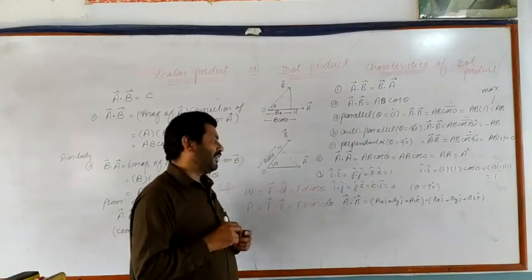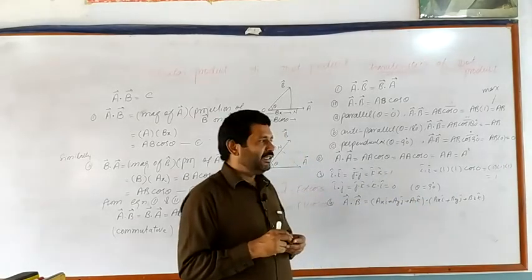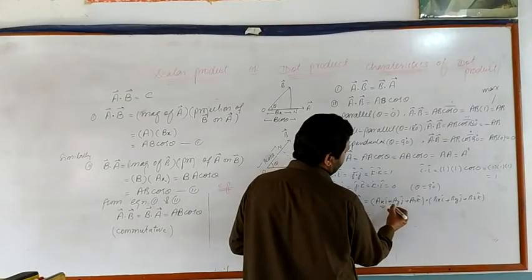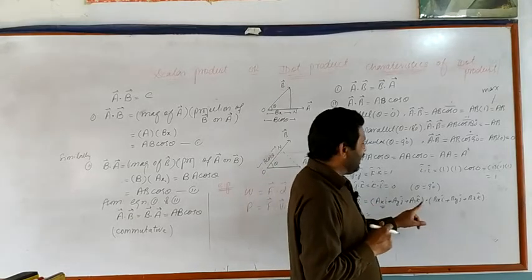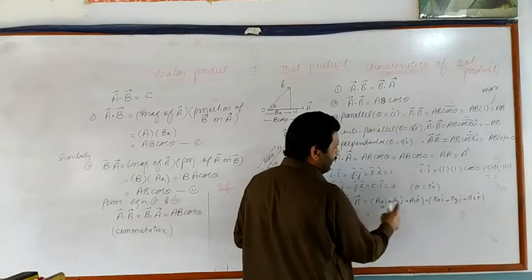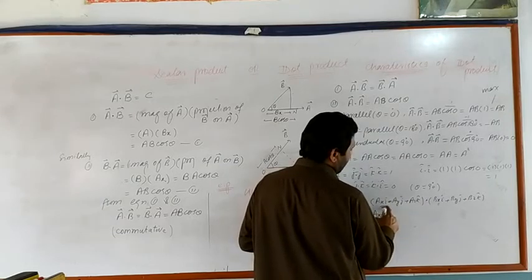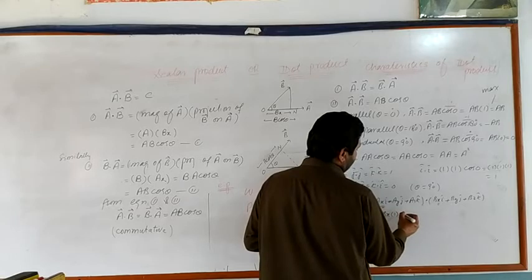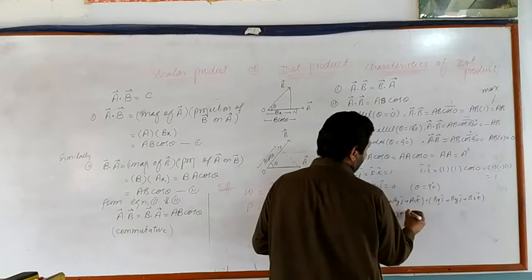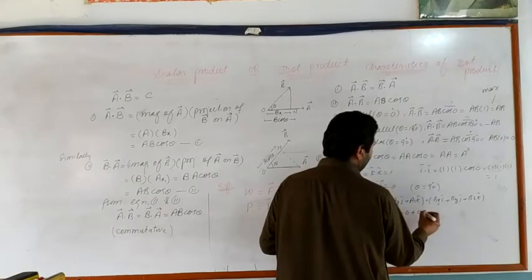When vector A and vector B are multiplied in their rectangular components form, first of all we will multiply this AX i unit vector with all three values present in the brackets. First we multiply this value with this value. The resultant will be AX BX, i dot i is equal to 1. Similarly, this value will be multiplied by this value, i dot j is equal to 0. This i unit vector will be multiplied with this value, and the resultant will be equal to 0.